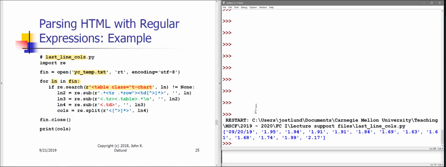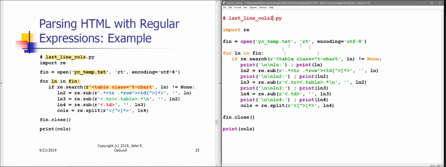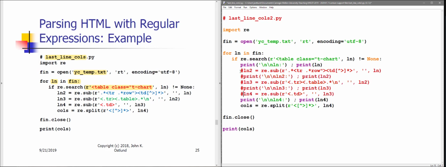So let's figure out on a step-by-step basis what these various sub-functions are up to. Here is a version of the program in which I have added print statements after each of the searches and substitutions so that we can see exactly what's going on. Okay, so here on the right-hand side now, I have a version of last line calls that throws in these print statements as well. Actually, I want to comment out a lot of these and reintroduce them as we go through